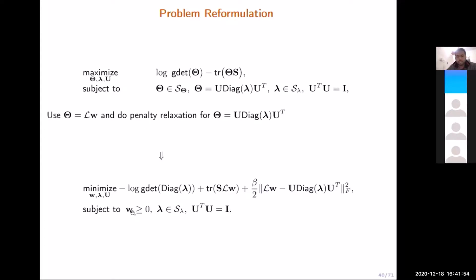Now we only want to force that W should be all non-negative. And we have relaxed this constraint, theta equal to U diagonal of lambda U transpose, as a penalty term. So this penalty term might sound a little vague, in a sense that it is a relaxation, but we can devise a mechanism,